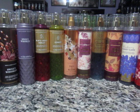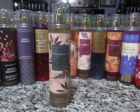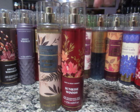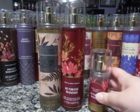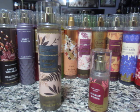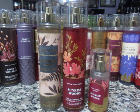Next is Sunrise Woods. This is the latest version I have. I did pick it up last year in the full size, so I have 2 full-size bottles, but I will be working on the mini I have here. Scent notes are creamy sandalwood, sweet berries, cozy cashmere. So that's Sunrise Woods. This was released, I believe, or at least the first time I had seen it was in